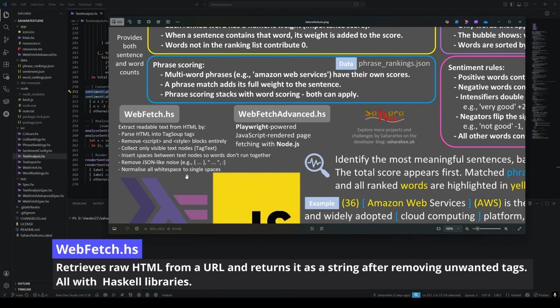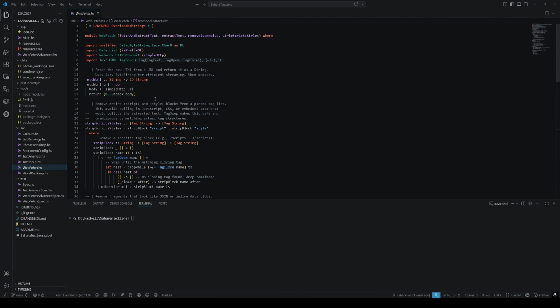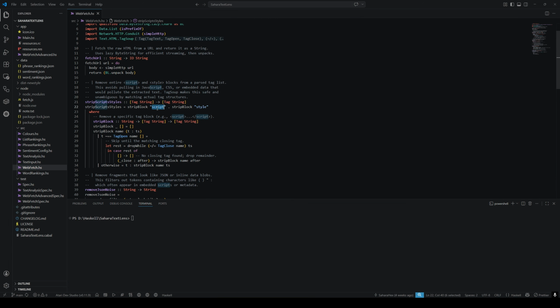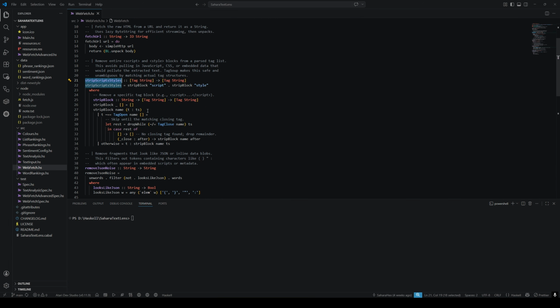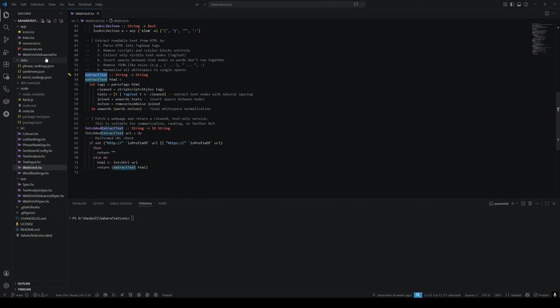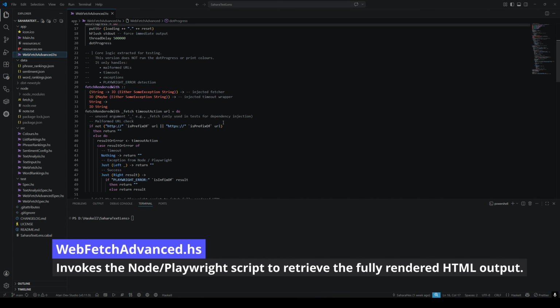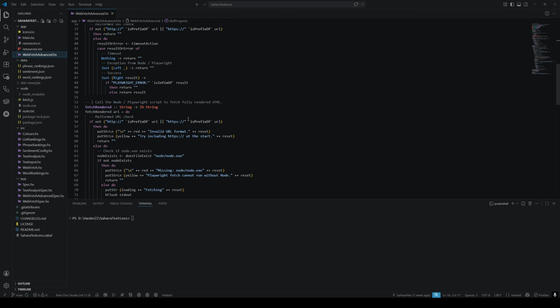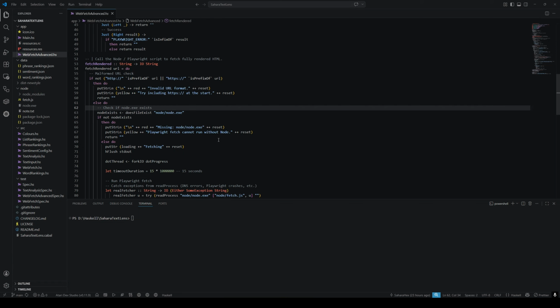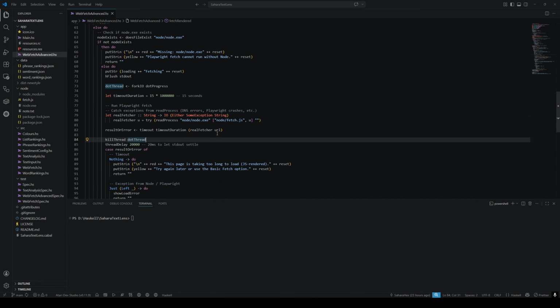The WebFetch module extracts readable text from HTML using a series of cleanup steps. These include parsing the HTML into tag soup tags, removing all script blocks, collecting only visible text nodes, inserting spaces between text nodes to prevent words from running together, stripping out JSON-like noise and normalizing all whitespace down to single spaces. The WebFetch Advanced module is used to retrieve fully rendered